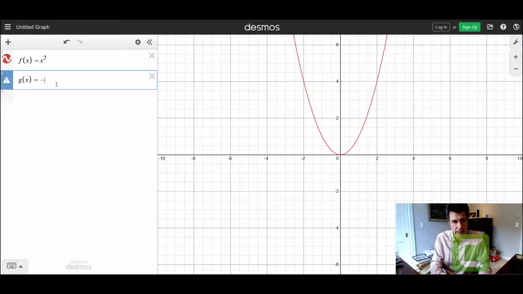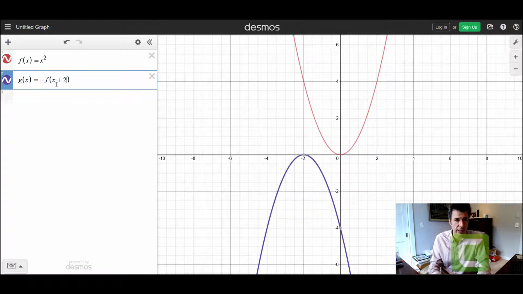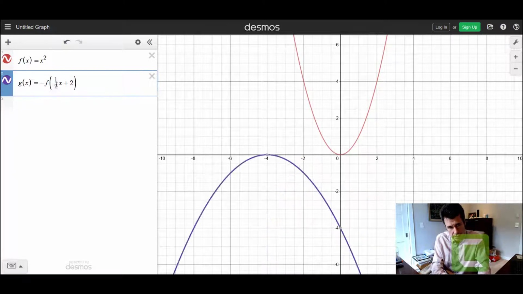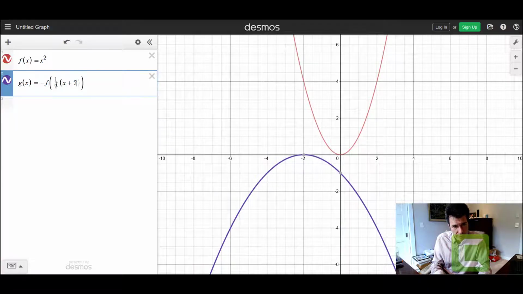For example, negative f of x, that reflects, plus 2 shifts to the left 2. Negative 1/2 of f of x plus 2 widens the graph. So you can do all these things together. So basically, let me get rid of this,